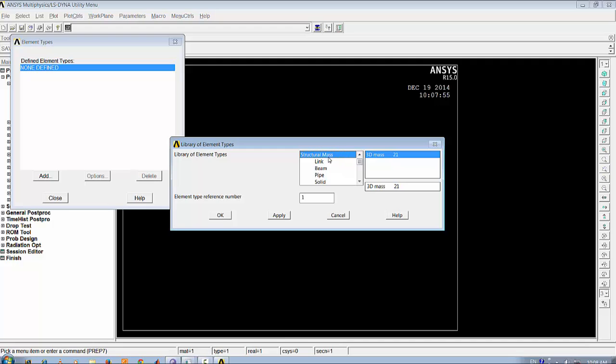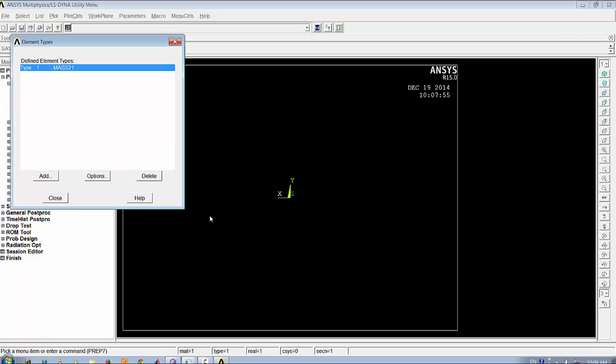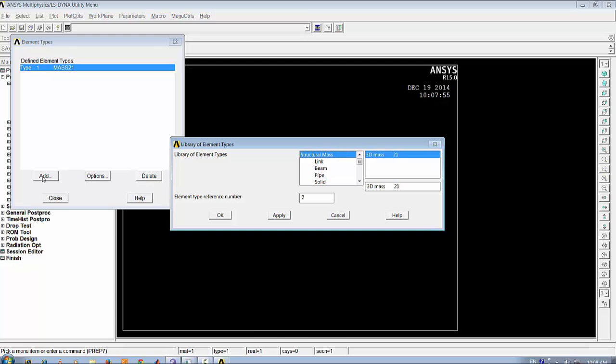Then the first element which I'm going to select is the structural mass. You can see Mass 21 named over here. Press OK button. The second element which I want to select is a combination. So again, I click the add button and I scroll down the screen. There will be an option like combination. If you are not finding it, just scroll through the element list and you will land up in the